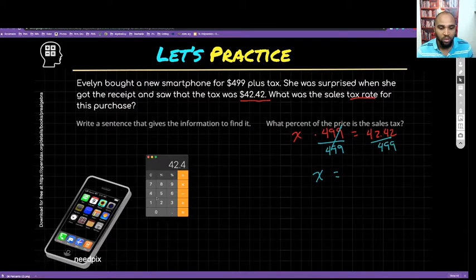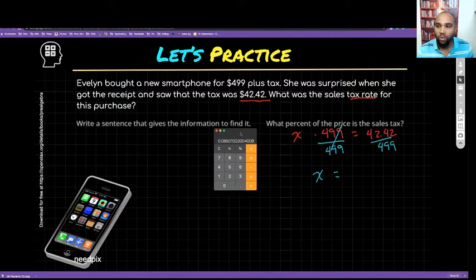42 divided by $4.99. And of course, we're going to get a decimal. Now, what we're going to look for in this decimal is we're going to stop at the hundredths place usually, because that's going to tell us what percent, because we're talking about per 100. So we're looking